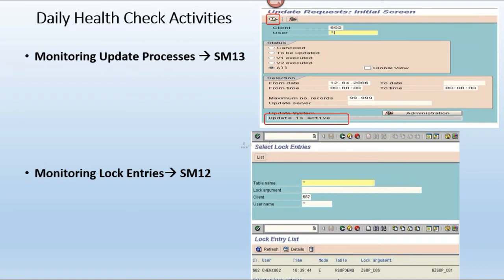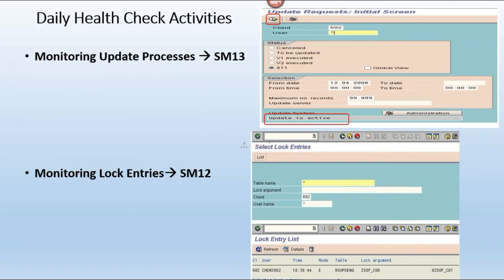So as a basis consultant, I need to cross check first on this user ID which work process is running: background, dialog, update, spool, enqueue. If it is running, then I need to check the individual work process list overview: what T code, how much memory it has consumed, and what the status of the work process is.